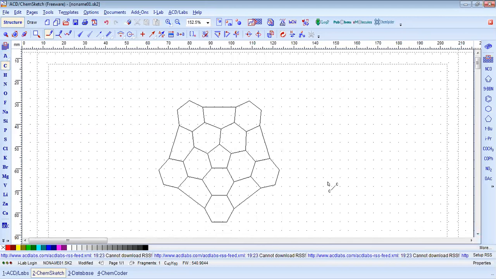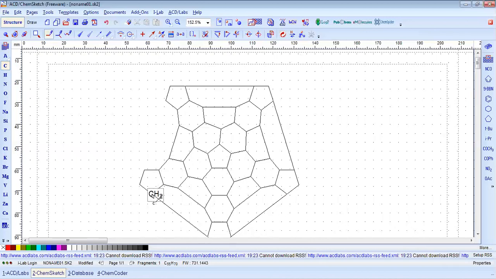So again, add a five-membered ring over there. So select five-membered ring, attach here, here, here, and here. So again, combine these two by using carbon. So from this point to this point, this point to this point, and this point to this point. Okay. So we are almost at the end.